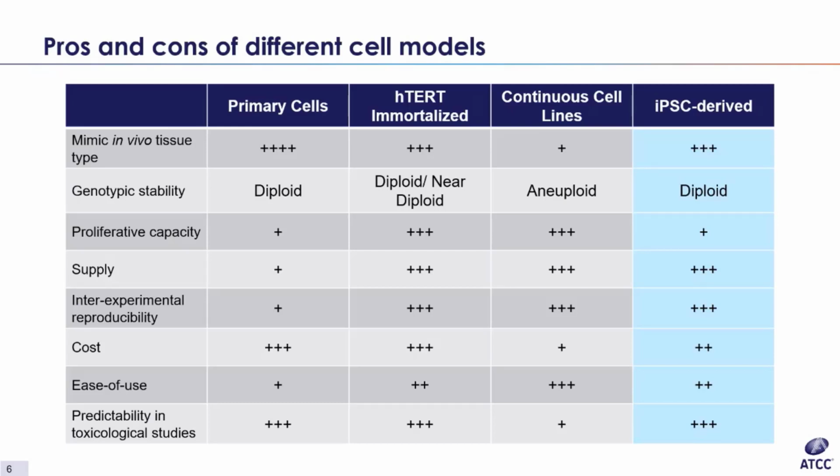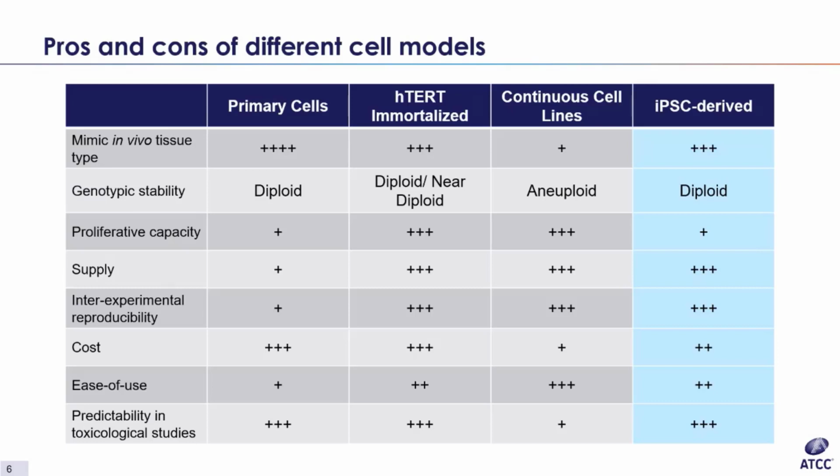Now next, there's hTERT immortalized primary cells. These cells are genetically modified primary cells. hTERT cells exhibit normal primary cell physiology, but have the growth characteristics of a continuous cell line. They have near normal genetic stability. They have the ability to generate a large number of cells for large drug screens or toxicology studies, providing limited